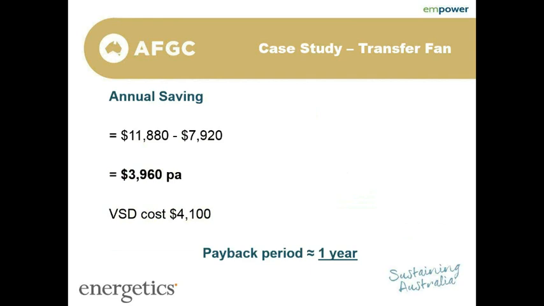And a VSD of that size, about 11 kilowatts, would be roughly $4,100. So you can see it's just a fraction over a 1 year payback period. So depending on what you consider viable for your site, that's